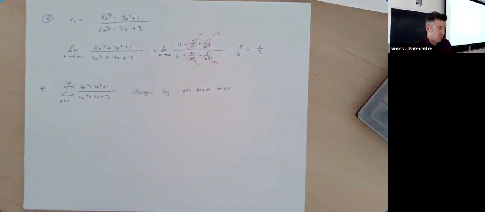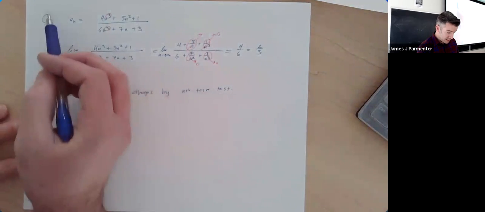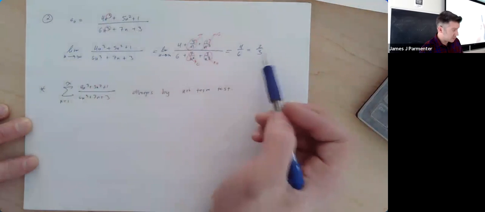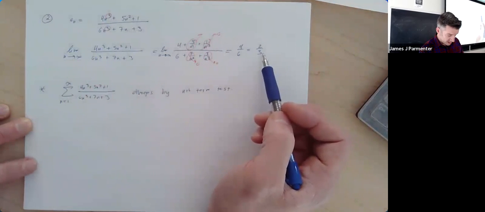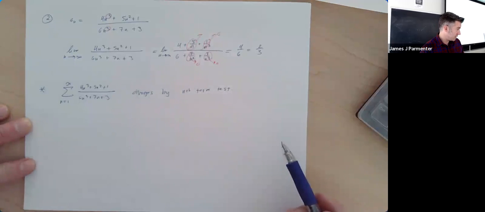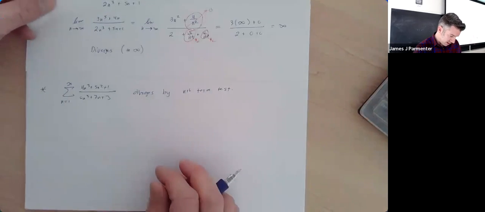But if you're looking at question 1 or 2 on your homework assignment, they're specifically asking about the convergence of the sequence. So this sequence, 4n cubed plus 5n squared plus 1 over 6n cubed plus 7n plus 3, converges to 2/3. And because of that, the series of that sequence would diverge by the nth term test. In a similar way, from the previous page, we could also say that